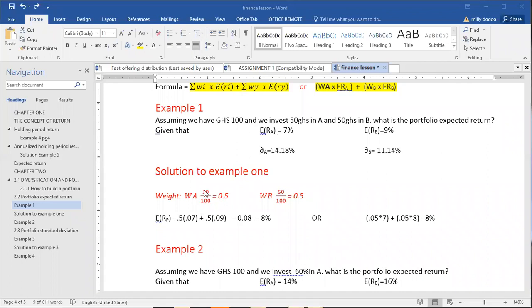I divide the 50 by the 100, I get 0.5. I divide the other 50 I'm investing in B by the 100, I get another 0.5. So it means that of the money I have to invest, 0.5 is going to A, 0.5 is going to what? Is going to B. So what do? We said portfolio expected